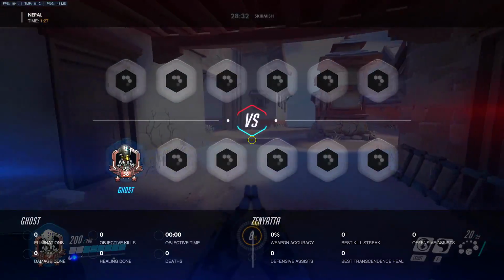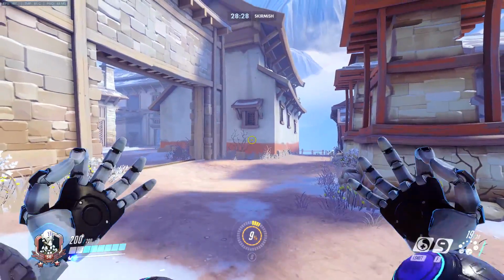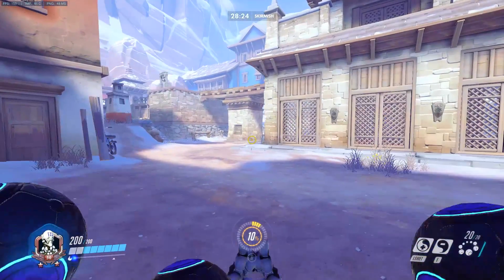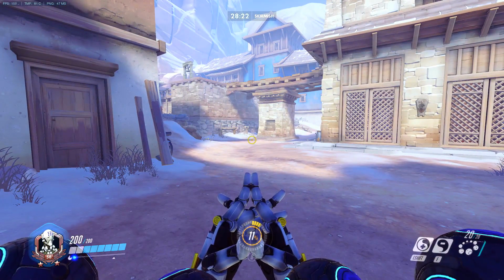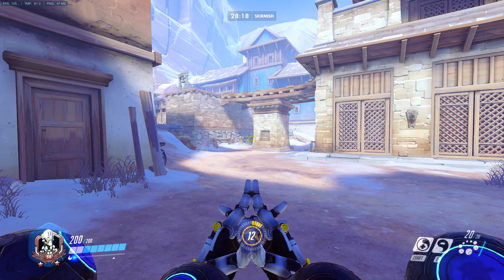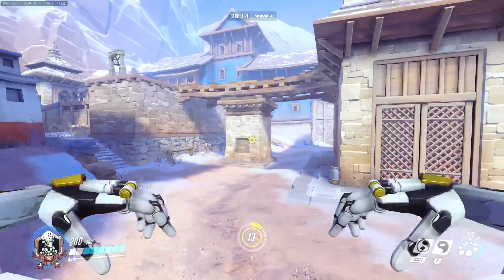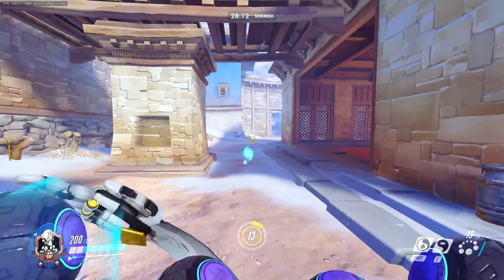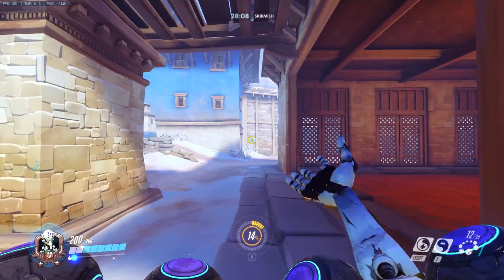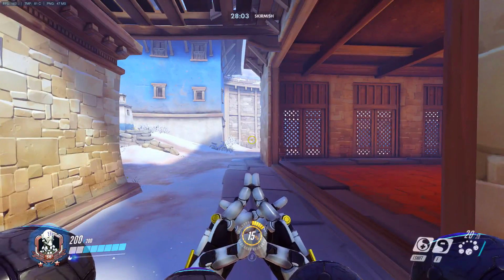The main reason Zenyatta is a very important target is because of the Discord orbs that he provides with his E ability, right? So these orbs are going to make it very, very easy for your teammates to kill enemy targets, right? So if you're a good Zenyatta, you will know how to get your orbs out quickly, get your damage out quickly, right? And you need to be calling out your Discord orbs for your team to focus them,